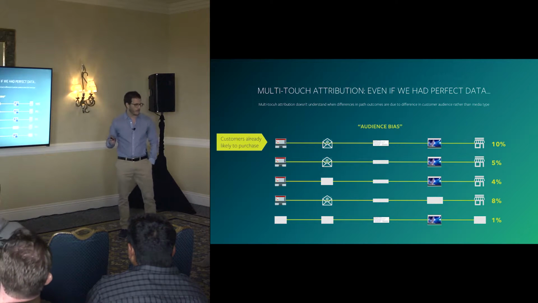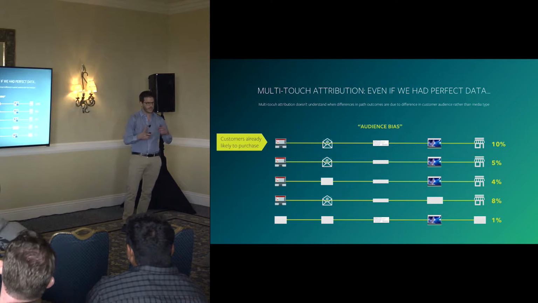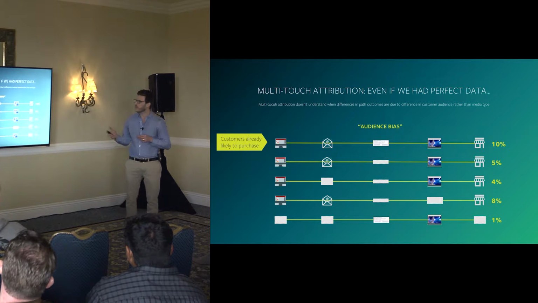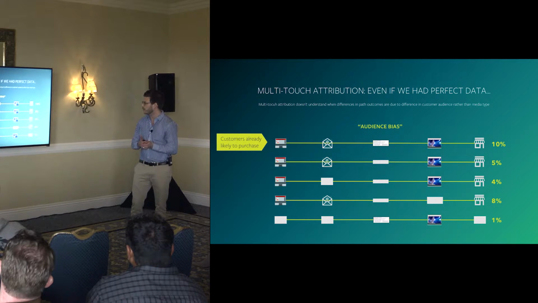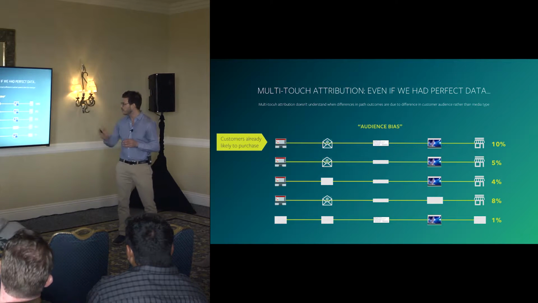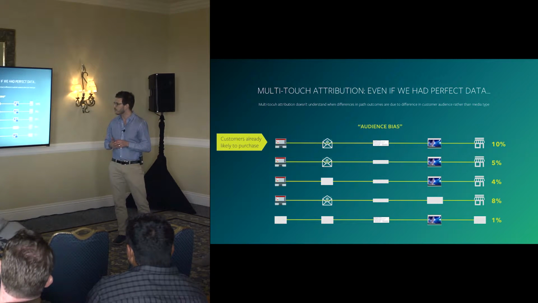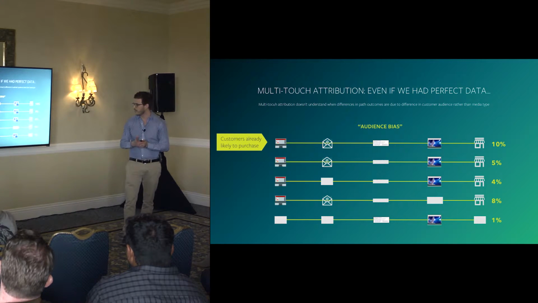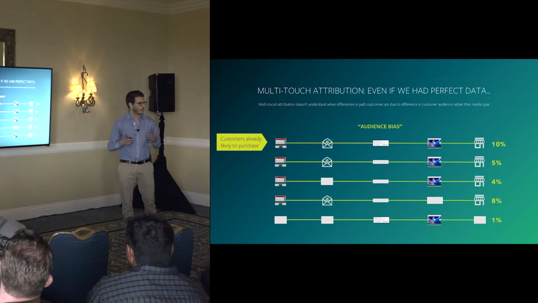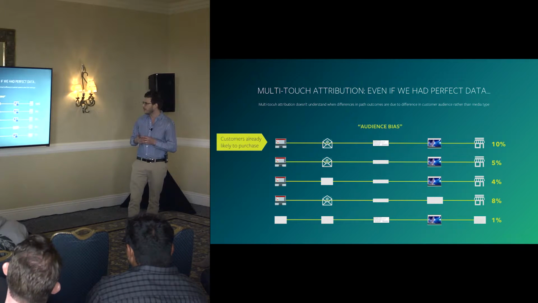And even if you did have that perfect data set, even if you were able to stitch it all together in that perfect path, using attribution alone as your measurement solution is really only going to get you so far towards measuring incrementality. So as we see here, a number of different paths to purchase along many different types of touch points: brand search, non-brand, email, display, so forth. And what attribution can do is very important. It's a critical part of the enterprise measurement stack as we describe it,